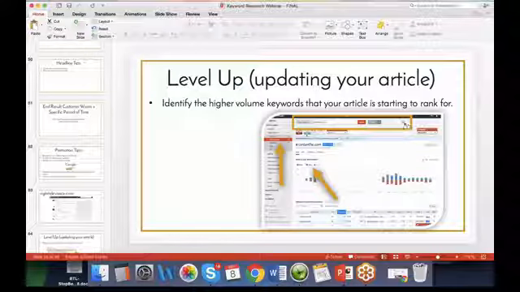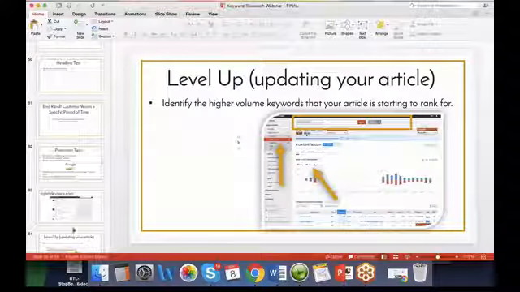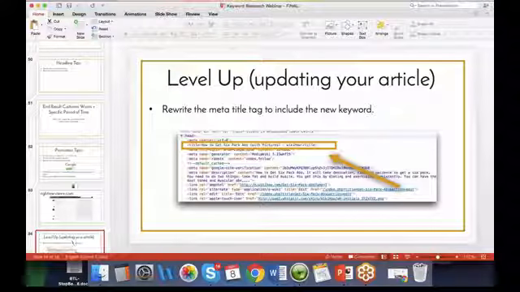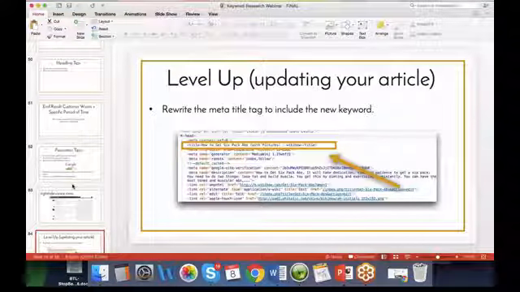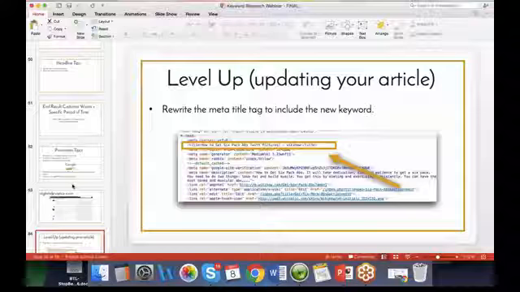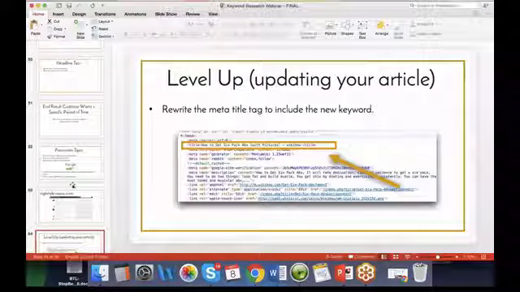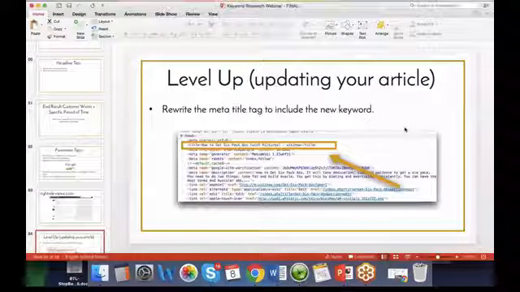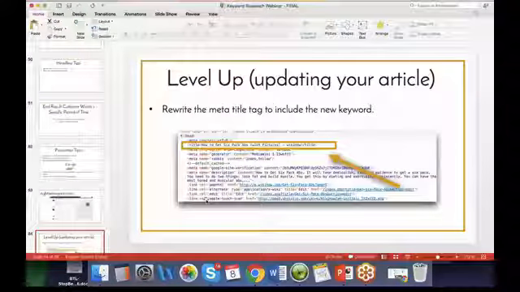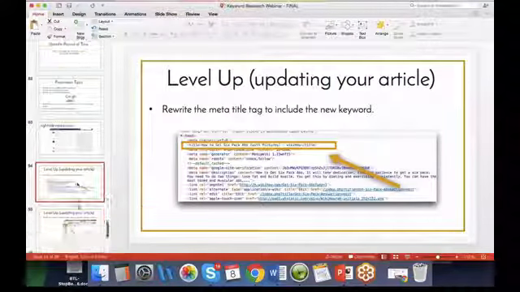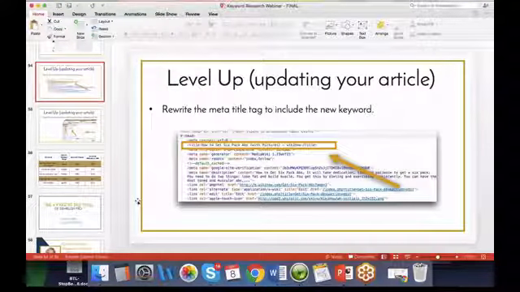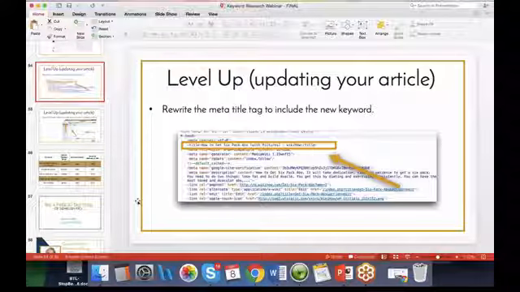And this is where the meta title comes in. So the meta title is in the last screenshot. There's a title that Google sees. So when you do a Google search right now, when you put in a keyword like get six-pack abs, you're going to see a big link. And that link is the meta title. That is not the same title of your article. When you click on that link, you see a big, usually black bolded headline. That is not the same title. It can be, but it also could be different.